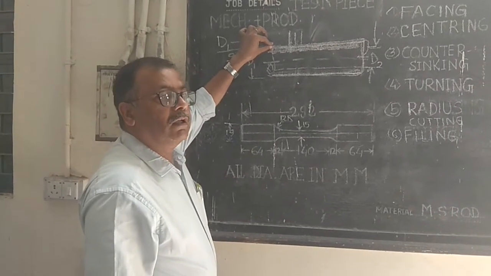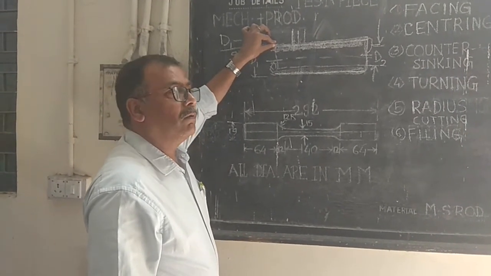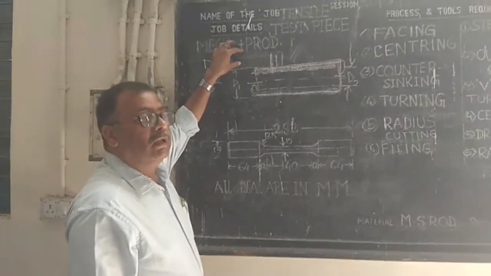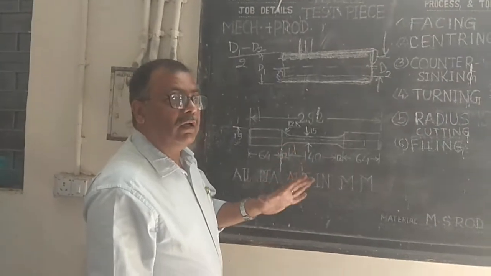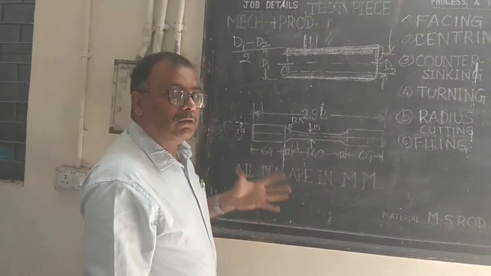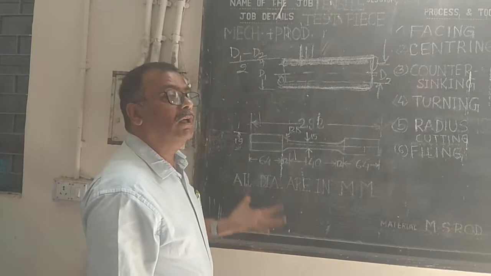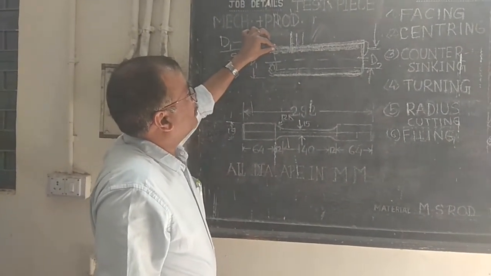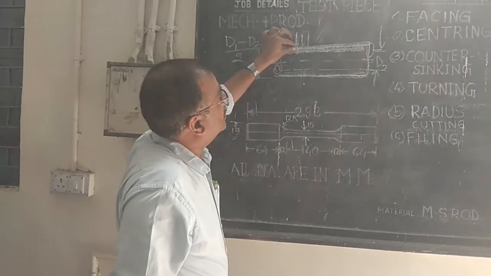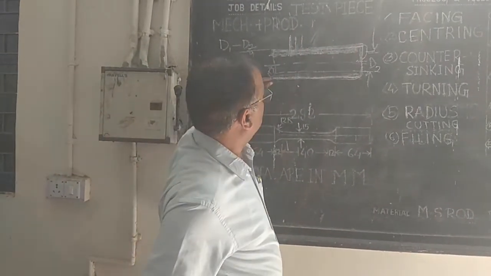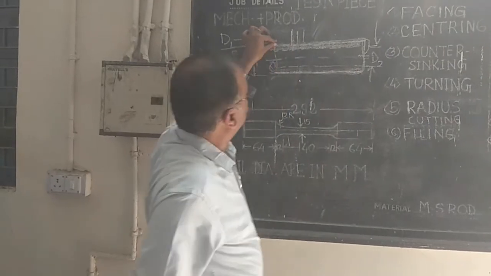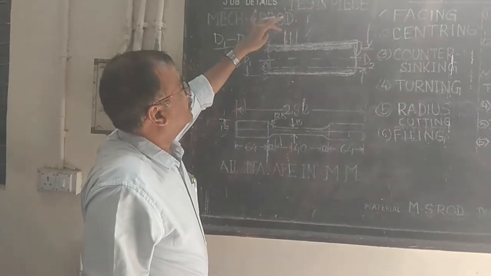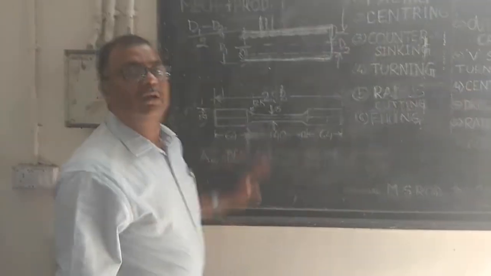And what will be the depth of cut? It is decided by the strength and hardness of the workpiece, the hardness and strength of the tool, and the dimensions and parameters of the machine. So these things decide the depth of cut, and we give a certain depth of cut and then move the tool in the longitudinal direction and the material is removed. We repeat this operation 3 times, 4 times, so that we get from the initial diameter to the final diameter.